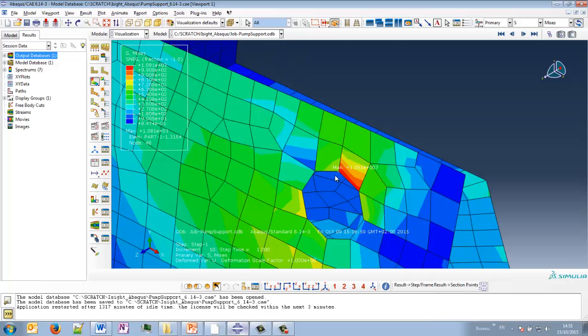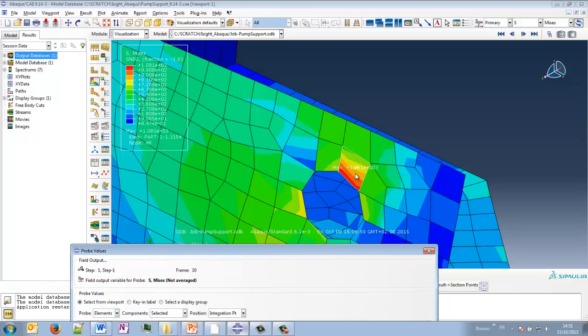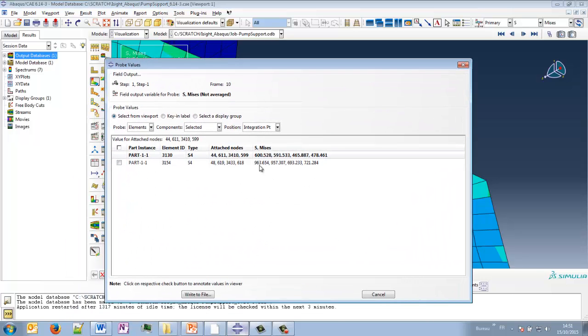So this is at this node, but the stresses are calculated exactly at the integration point of the element. So to know the exact value, we have to probe S Mises at the element, and right at this one, when I click, I can find the 4 stress values at each integration point of the element I have selected, and the maximum of those values is